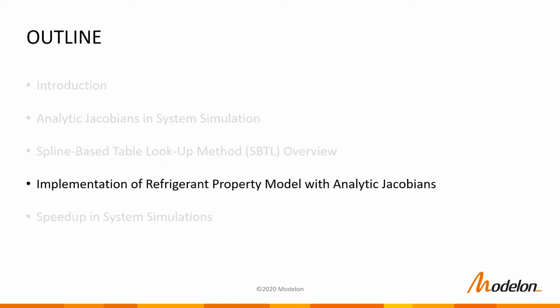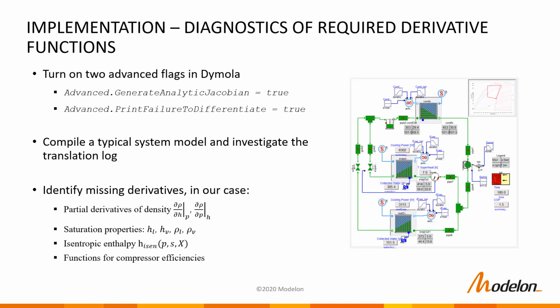After reviewing the basics on analytic Jacobians and SBTL property models, let's now talk about the actual implementation of refrigerant property model with analytic Jacobians. The first step is to identify what derivative functions are needed by the compiler to construct the Jacobian matrix. 2 advanced flags in Dymola can be used here. With the first flag set to true, Dymola will try to construct analytic Jacobians during compilation of the model. When Dymola fails to do so, the user can set the second flag to true to find out what derivative